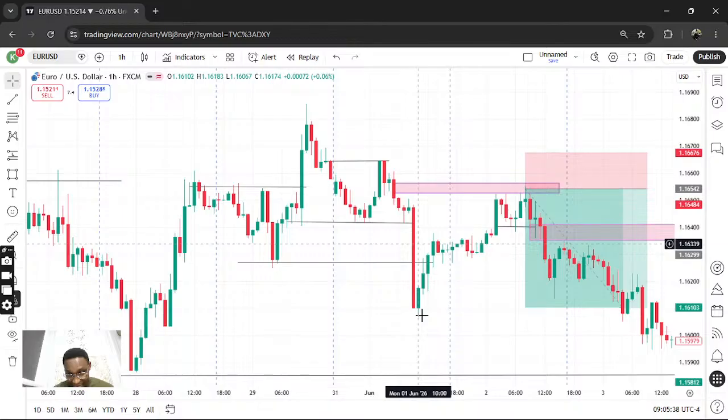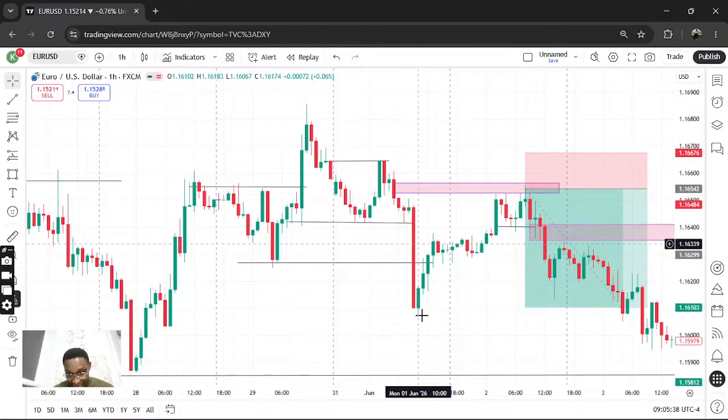This particular NFP movement that happened on Friday. That is exactly the same thing that I did on Friday. So now look at it. If you look at this particular small range that happened here,